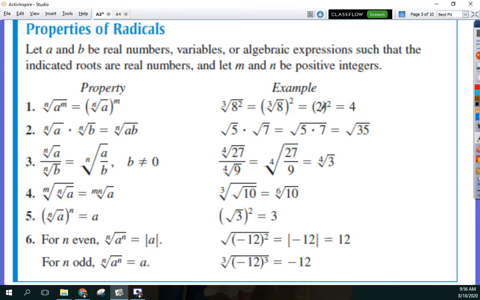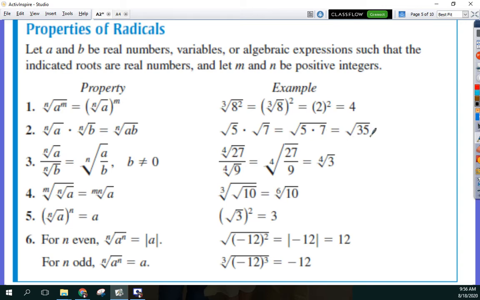On property number 2, we have the nth root of a times the nth root of b. So again, as long as we have the same value here, or the same index, we can apply those to be underneath the same radical. So in the example, we have the square root of 5 times the square root of 7. Because they both have an understood index of 2, we can put them under the same radical and get the